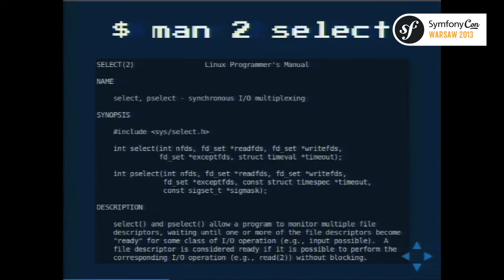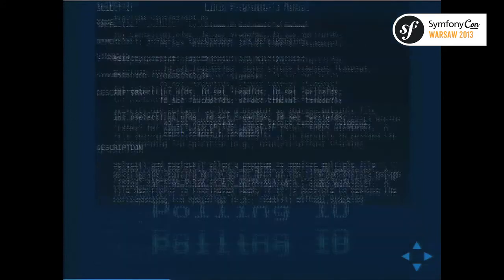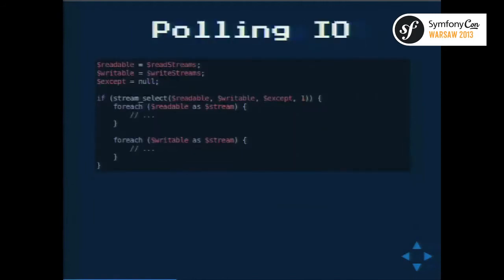The benefit here is that we can work with many, many streams at once. This is what Node.js would use with thousands and thousands of connections at a time. It defers all this load to the operating system, which handles this much more efficiently than we could in our own software. And so, an example of polling I/O in PHP,